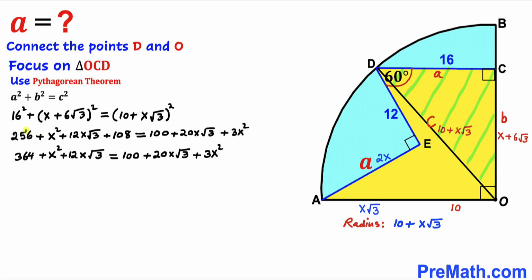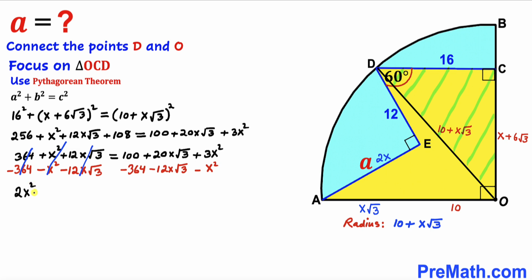And in this next step I have combined 256 and 108, which gives us 364, and the rest is the same. And here's our next step. I have subtracted 364, x squared and 12x times square root of 3 on both sides. As you can see, this is gone, this is gone, this is gone. So therefore this side is going to give us